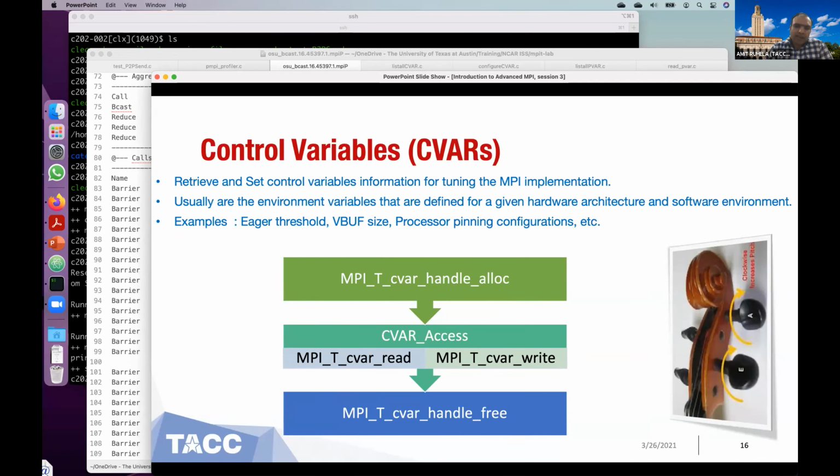Then to access any CVAR, you first have to get a handle for that particular object. And then once you get a handle of that particular object, which belongs to a CVAR, you can read and write with the help of two functions, MPI CVAR read and MPI CVAR write. And at the end, you can also free the handle when it is not required.